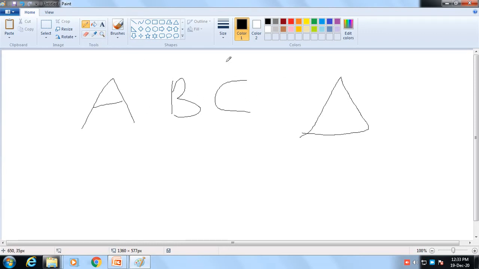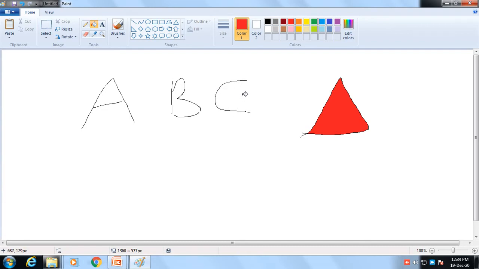If you want to fill color in this figure, what you need to do? You need to choose a color, then you need to choose fill with color tool, bring your cursor over here and just click. This color is filled in this closed figure. As you can see, this C is an open figure.